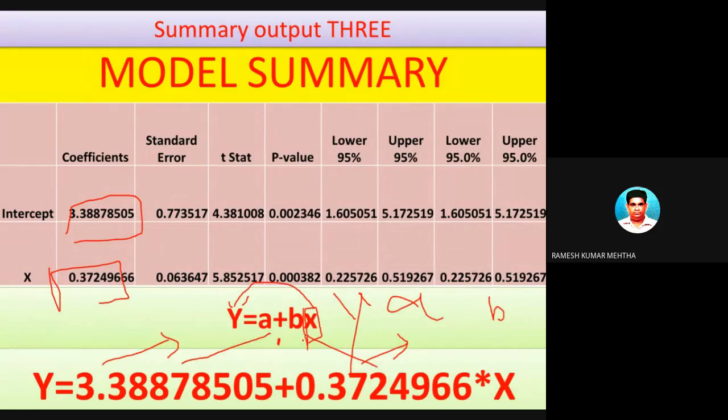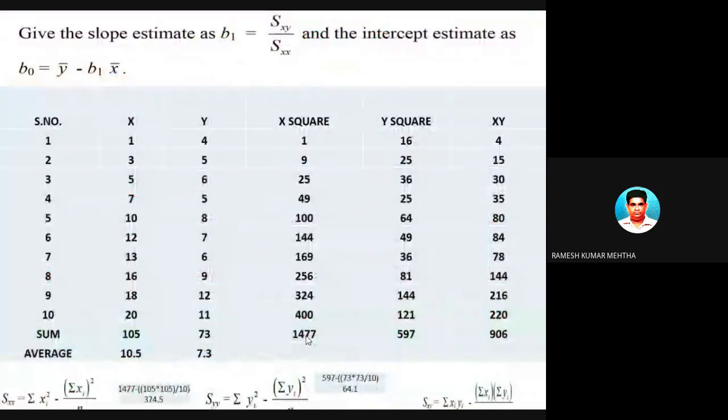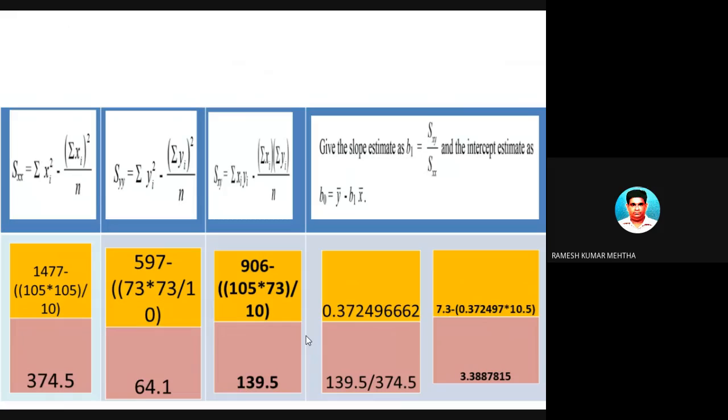Okay, let's go into the next slide and understand it. Okay, next slide. So please pay attention now. Look at the data and what I have done to the data. You just see, the data is in front of you. I have taken a different data and I have calculated it. Okay, let's see.